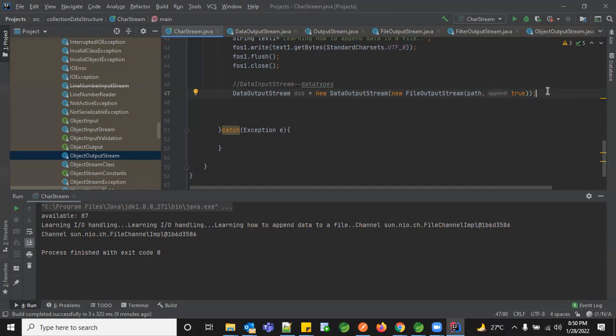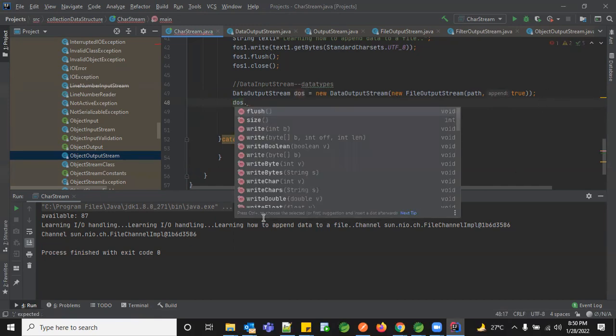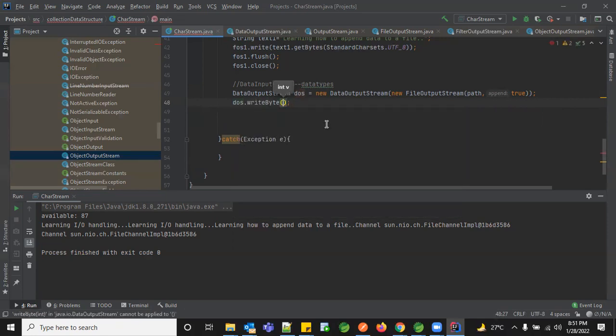Now, how am I going to write into it? I'm going to use the object. And if you see here, you can write a byte. Like earlier, whenever we were doing a write operation, it was always accepting only byte. So you can't use other primitive types for your data. But this time, it is accepting all the data sets, whichever you want. So let me say this time I'm going to give a byte value with 34.